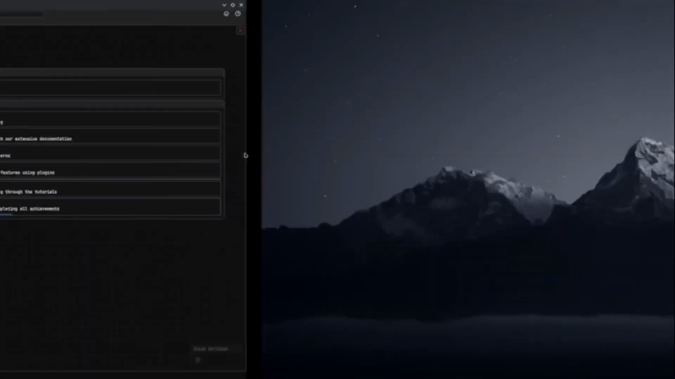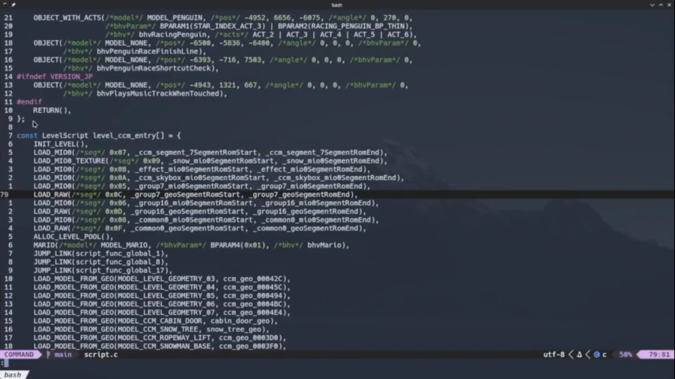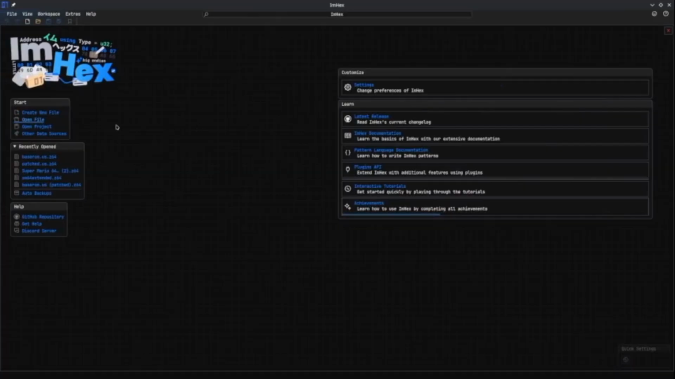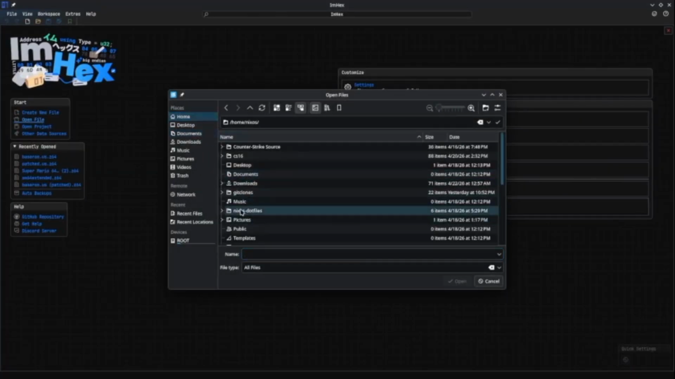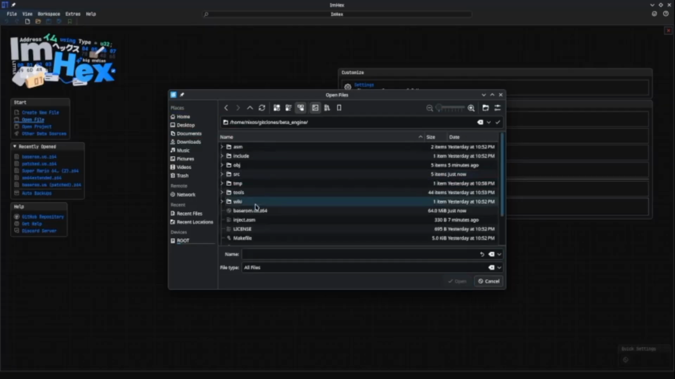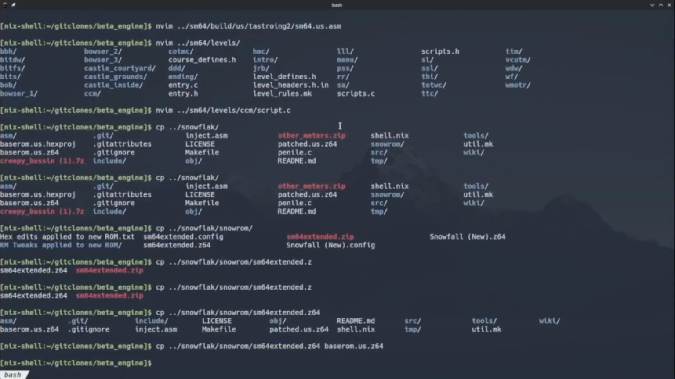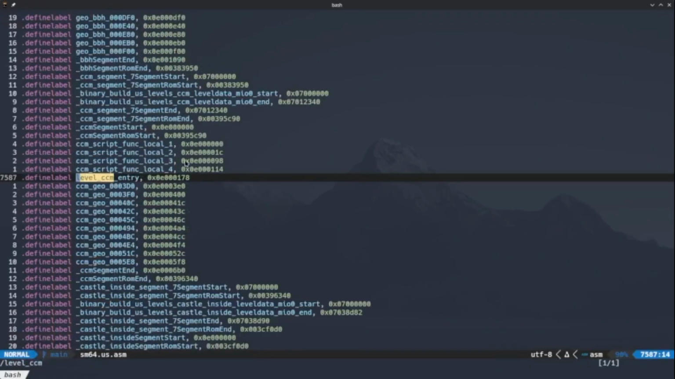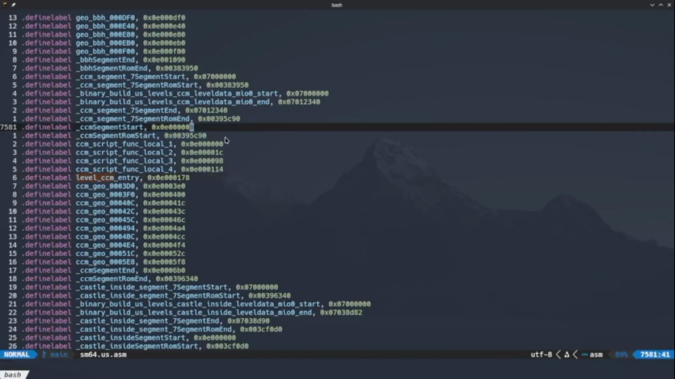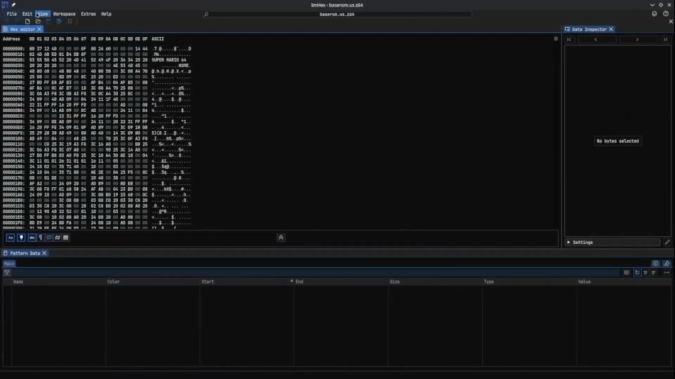So as I have the hex editor here, let's open. Yeah, wait. I'm gonna open a file. Home. I think it's this beta base ROM. Okay. So I'm gonna open this file. Actually, I have to do this again. The CCM entry. So the CCM segment starts here. So I'm gonna copy that to my